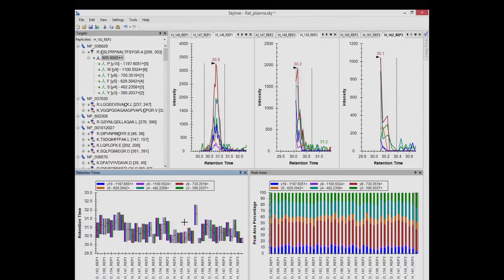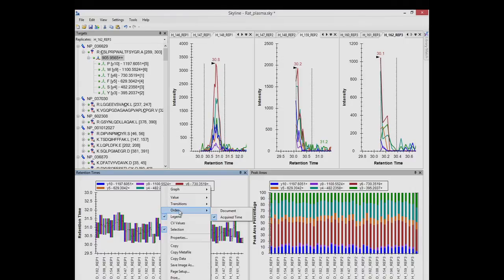And so that's the acquired time order. There is this one replicate that's sort of jumping out, but otherwise, I think you get more of an idea of a progression of the retention times and what's happening to them over time. But there is this one replicate that shifts, and I don't know why that is. Air bubble or something. I don't know. Okay, so let's just switch back to order document